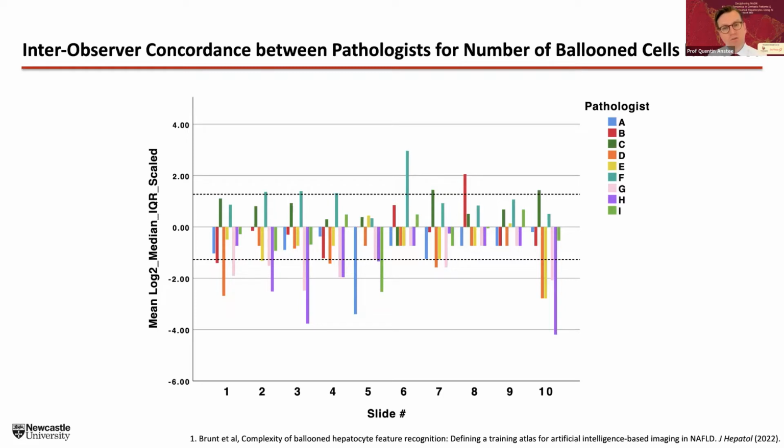And the first thing we looked for was, were there trends? And as you can see here, there clearly were. So each colour is a different pathologist looking at a different slide. And when the bar is going up from the x-axis, that indicates a pathologist who tends to see more balloon cells than the rest of their colleagues. And similarly, if it goes down from the x-axis, that implies pathologists who tended to see fewer balloon cells than their colleagues. And when they cross the dotted lines, that would be at least 1.5 standard deviations from the mean in terms of propensity to identify balloon cells.